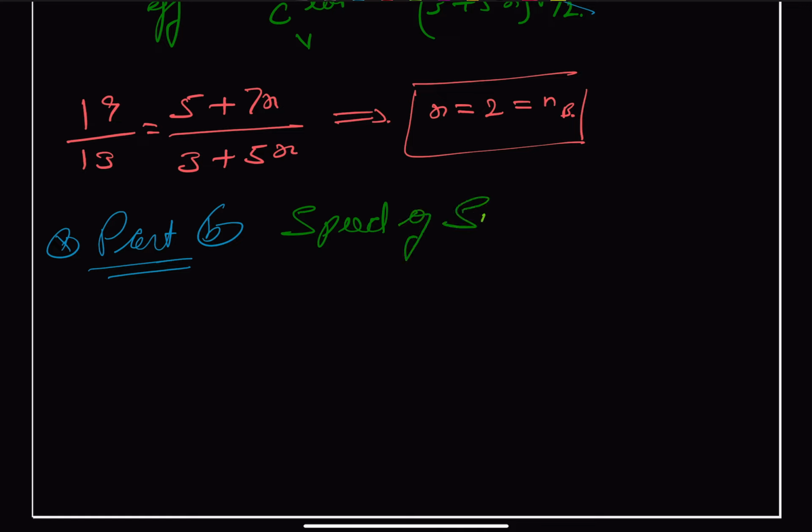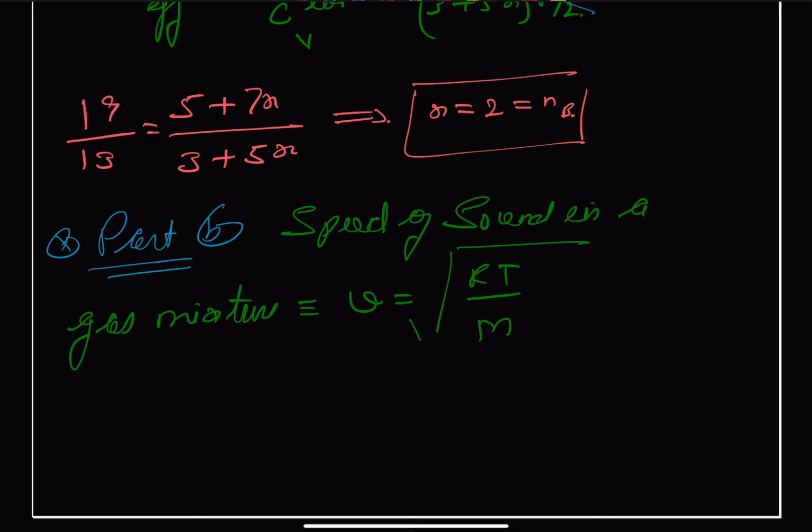speed of sound in a gas mixture V will be equal to the square root of RT upon M bar multiplied by gamma effective, and this M bar is nothing but the mean molar mass. Okay. So here M bar is our mean molar mass,